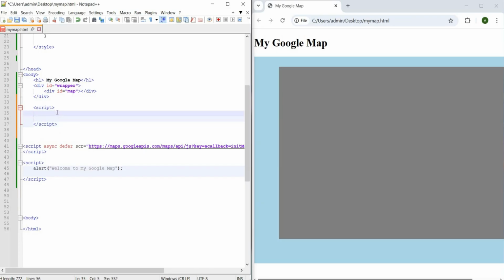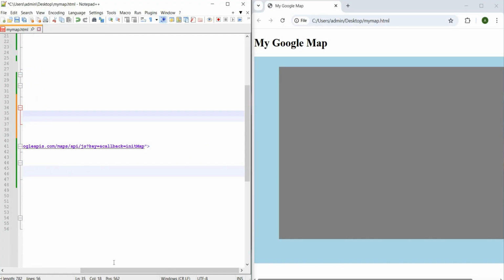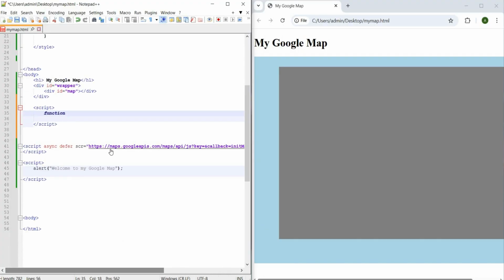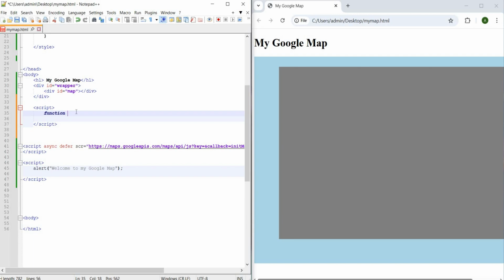We need a function code. As you can see here, there's the word initMap. In order to get the Google Map API, we need to put initMap in our script function here.